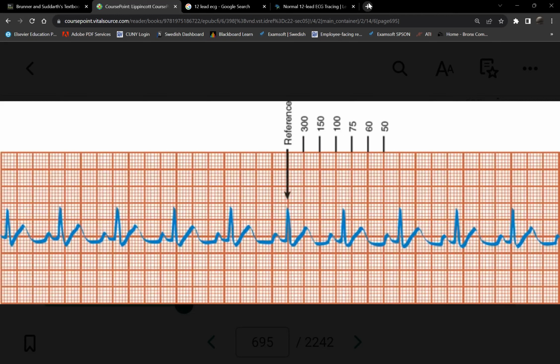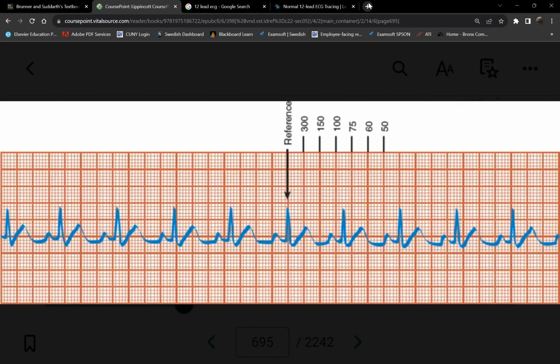How about big boxes? One big box is 0.2 seconds, so how many big boxes in 60 seconds? 300. 300 big boxes in 1 minute, right? Okay. So,